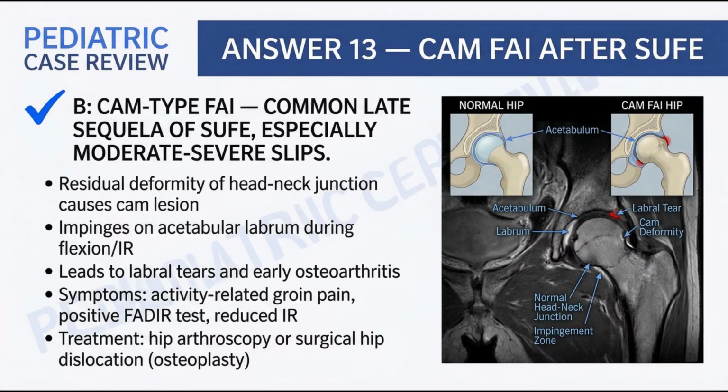Residual posterior displacement of the femoral head creates a cam lesion at the head-neck junction. During flexion and internal rotation, this cam lesion impinges against the acetabular labrum, causing labral tears and, over time, early-onset osteoarthritis. Clinically, the patient presents with activity-related anterior groin pain and a positive flexion, adduction, and internal rotation test. Internal rotation is markedly reduced. Treatment options include hip arthroscopy for mild to moderate cases or surgical hip dislocation with osteoplasty for more severe cam